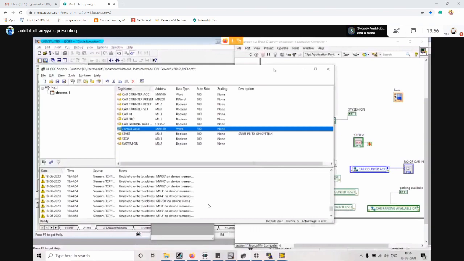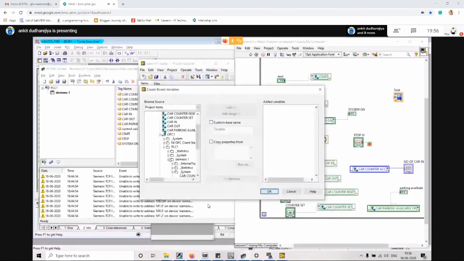So what we do, OPC, then bound variables, then we will go to our OPC client, control var, and that we will add into our LabVIEW. Then now let me copy this one here, and we want to update the value.